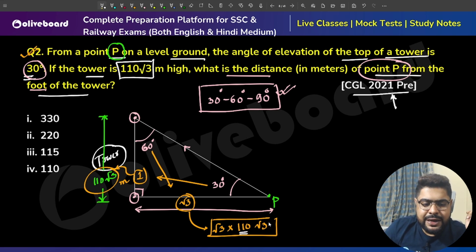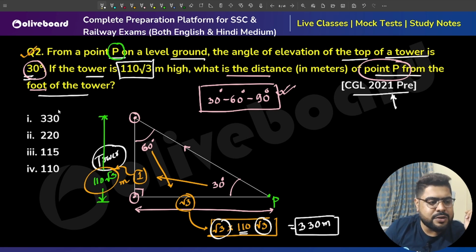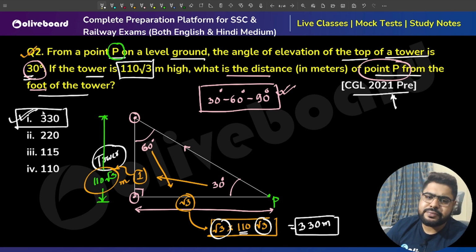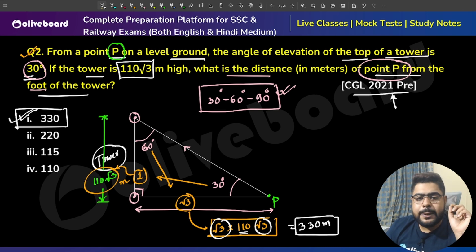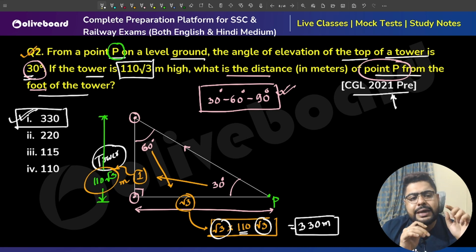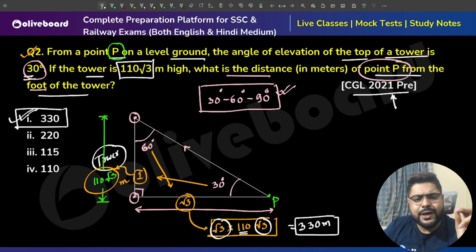Sir, 110 root 3 into root 3 is 3, sir. That means 330 meters. That is most definitely the answer, option number 1. It is as simple as this. And let me assure you, every question, if you know how to tackle this, you will be able to solve. There may be some other value, but 95% of the questions generally asked